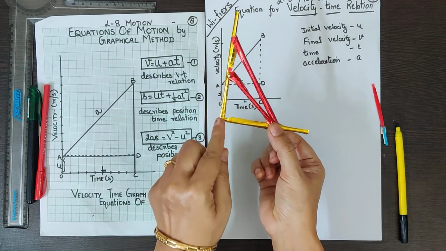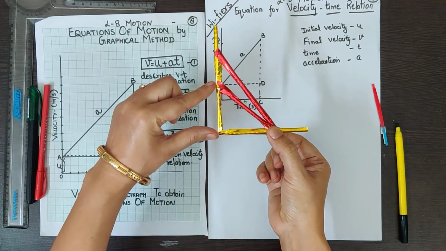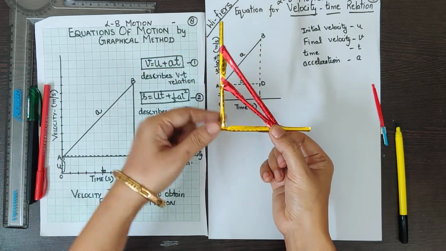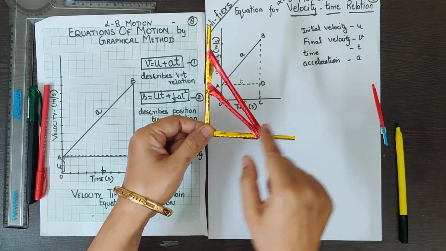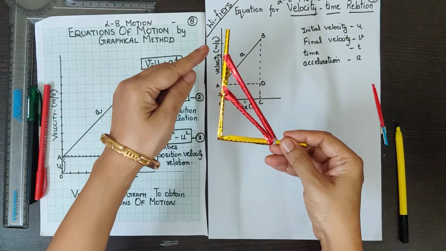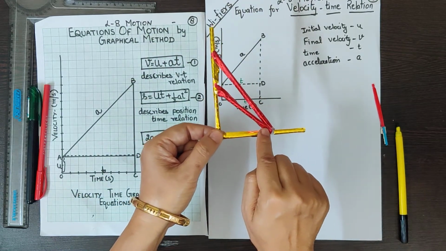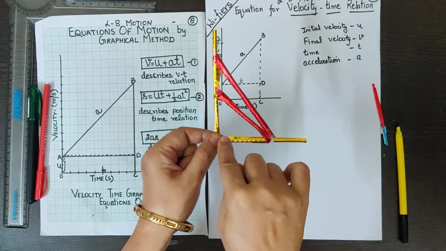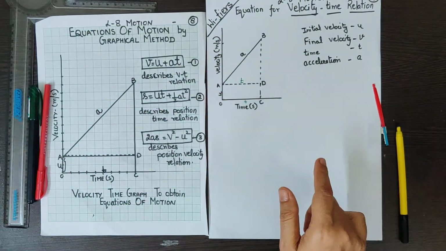I am keeping here x the same, but I am changing this y. Y is less here and y is more in this case. The slope is more here and the slope is less here. So how do we calculate slope? It is always y by x. I'll be using this concept in my video, that slope is the value on the y-axis by the value on the x-axis.